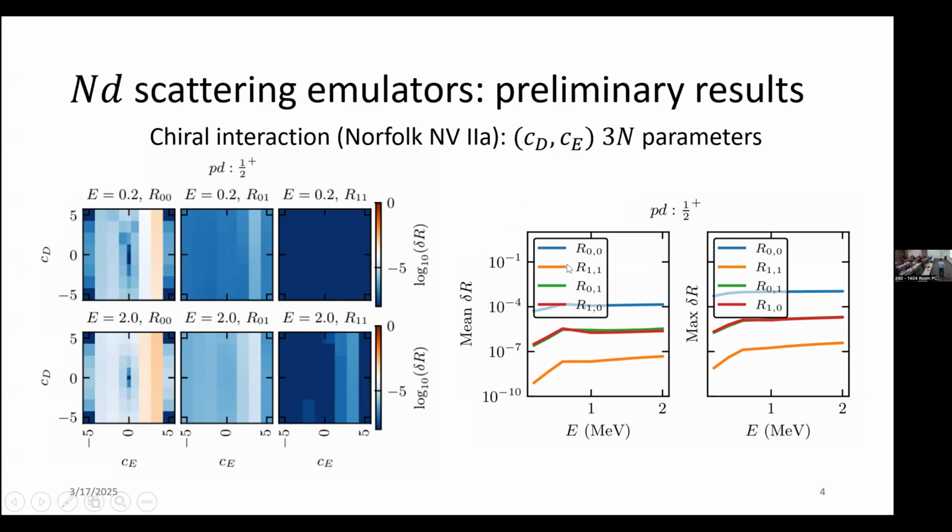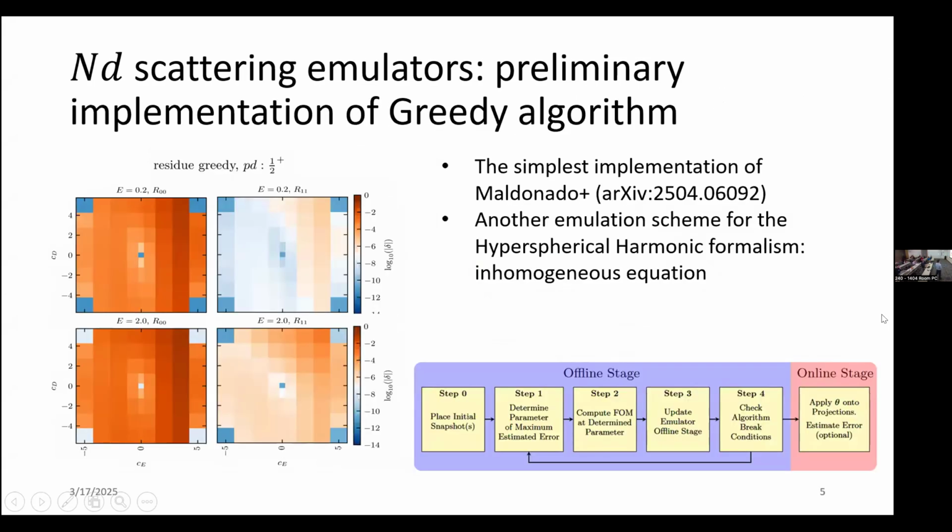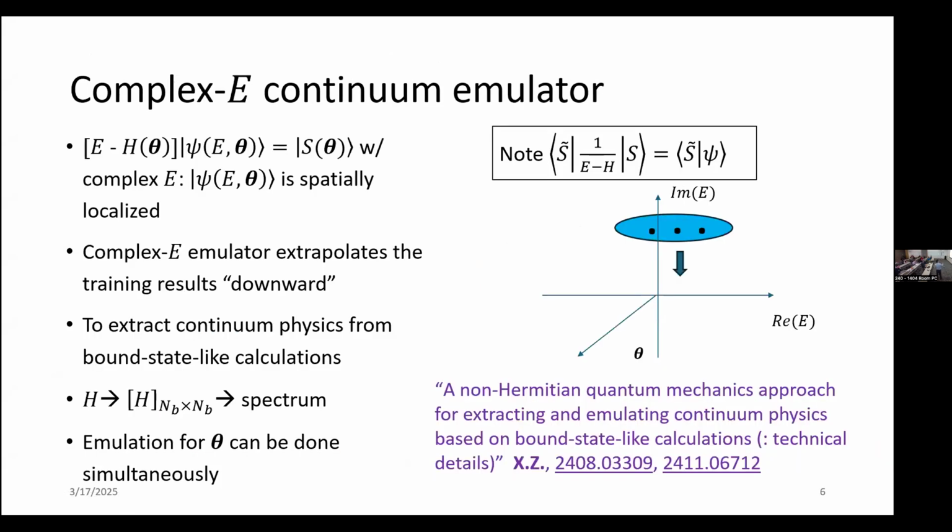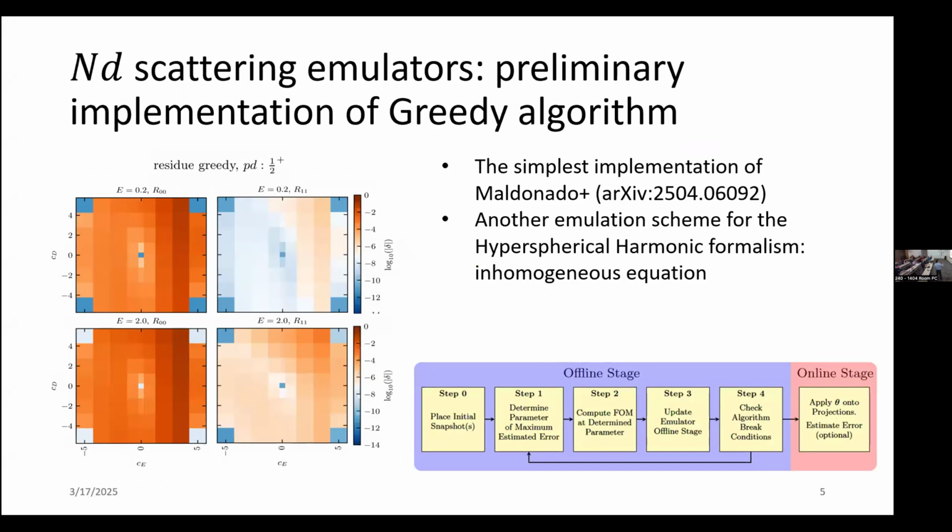Okay, so the errors are tiny with five training points, and then you look at how the mean error changes with energies. That gives you a feeling about the performance of the emulators. These are still preliminary results. By the way, there's a new paper that also came from our collaboration, involving Christian, Dick, and Christian's previous student. The paper nicely